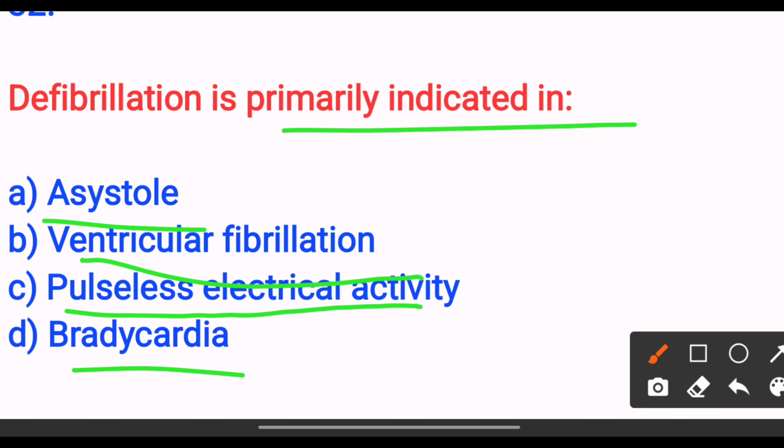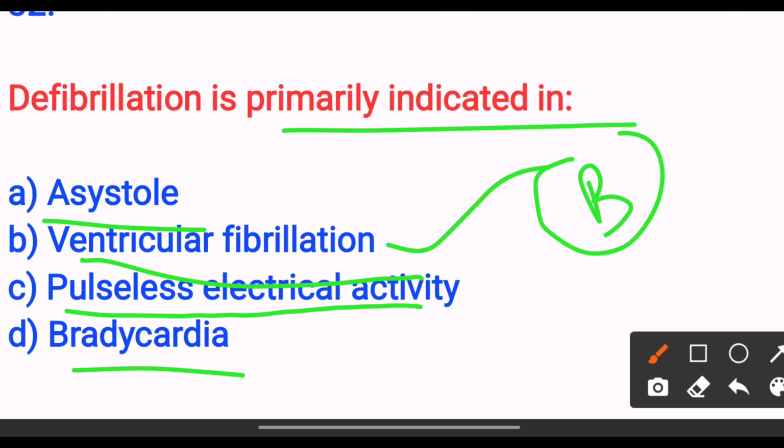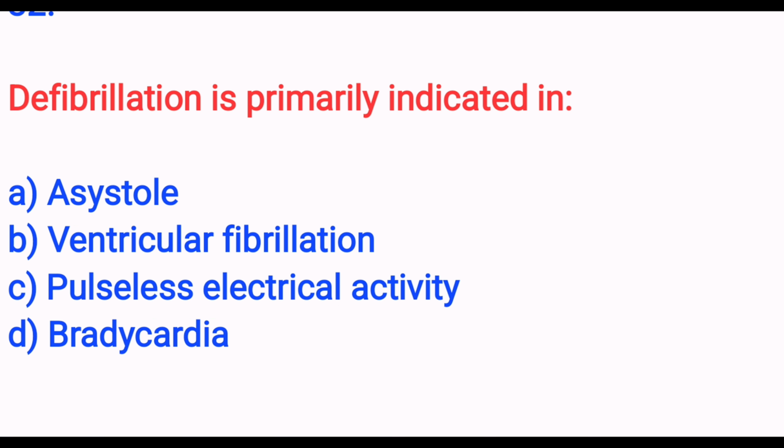Option D, bradycardia. The answer is Option B. Ventricular fibrillation is the primarily indicated. Next,